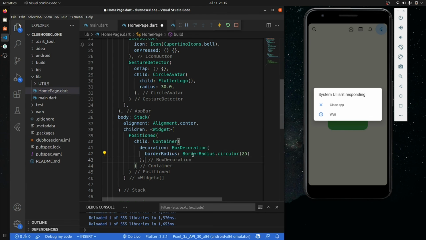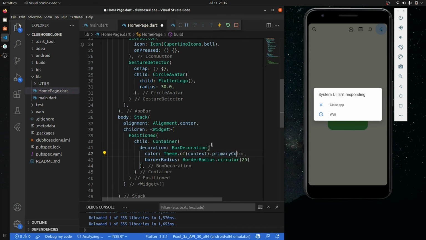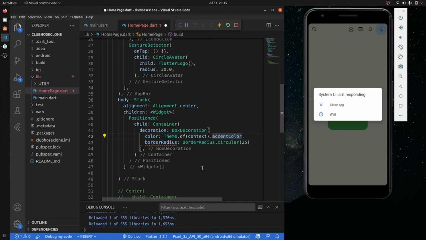Okay, and let's give the color as Theme.of(context).accentColor. Okay, and let's give a comma, and after this box decoration, I think we have a child, and